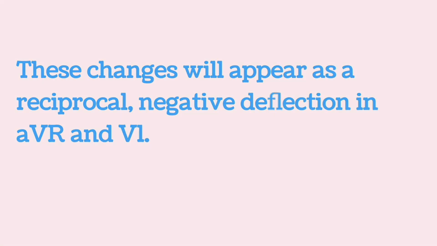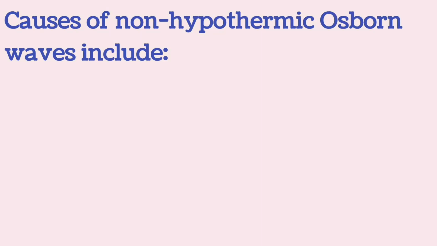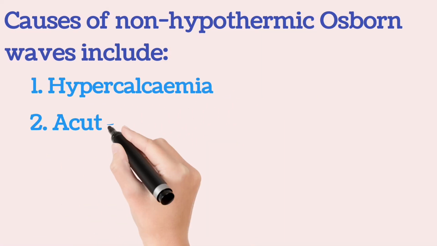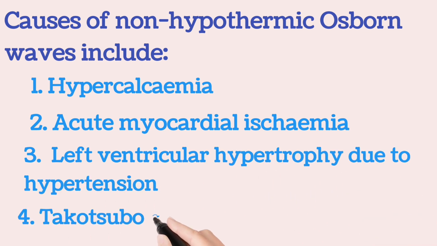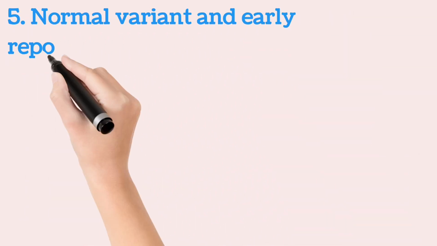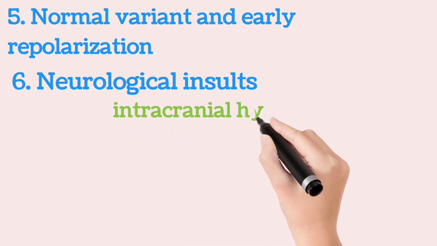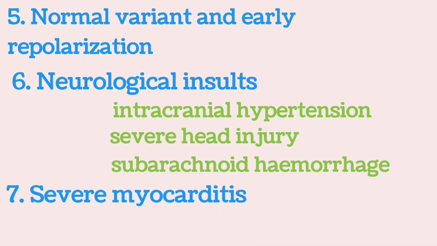These changes will appear as a reciprocal negative deflection in aVR and V1. The causes of Osborn wave are characteristically seen in hypothermia, but they are not pathognomonic. Causes of non-hypothermic Osborn waves include hypercalcemia, acute myocardial ischemia, left ventricular hypertrophy due to hypertension, Takotsubo cardiomyopathy, normal variant and early repolarization, neurological insults such as intracranial hypertension, severe head injury, and subarachnoid hemorrhage, severe myocarditis, Brugada syndrome,